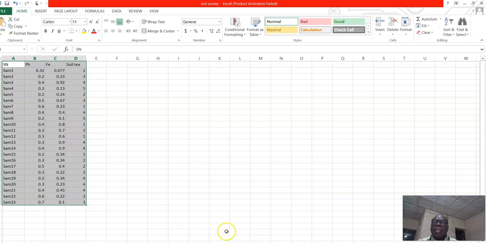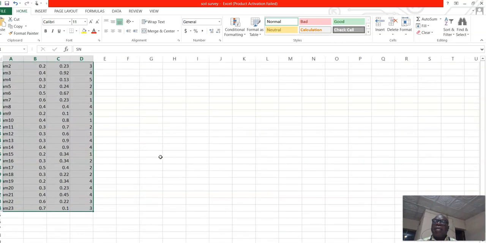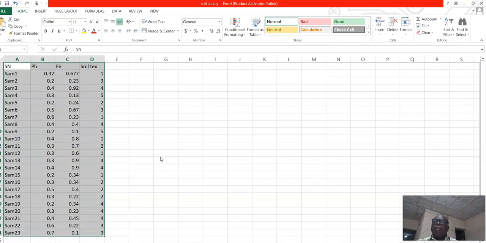Now, in this example, we have the data collected over 23 samples in a place in Ibadan, and the coordinates, the pH value is this. The iron content is this.